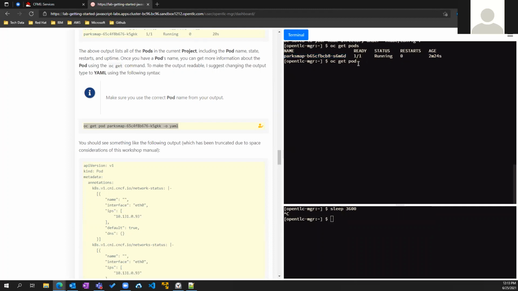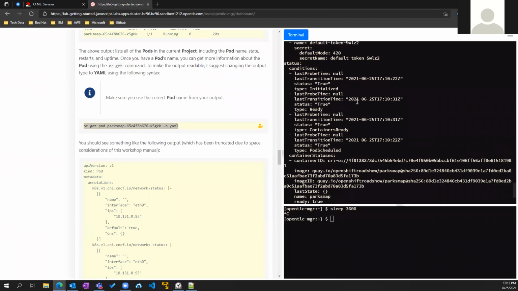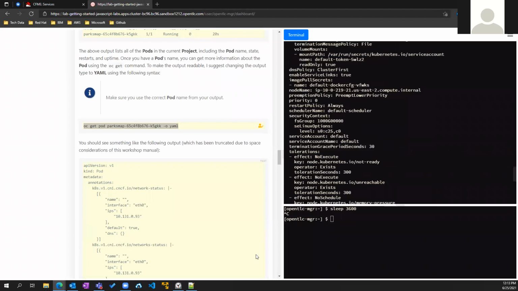I'm going to do it manually. What this is going to do is it's going to display the details of the pod in a YAML format. And with YAML, it's a lot easier to read. So if we start from the top here,